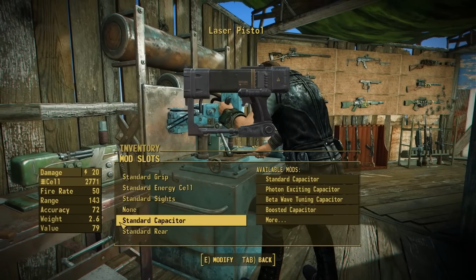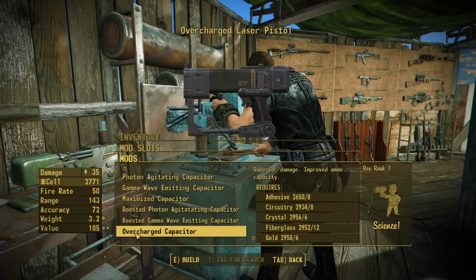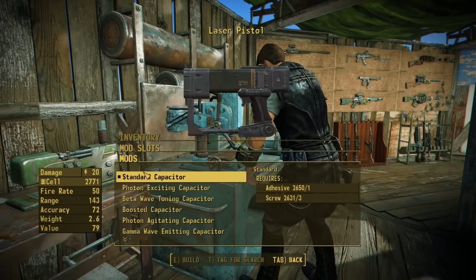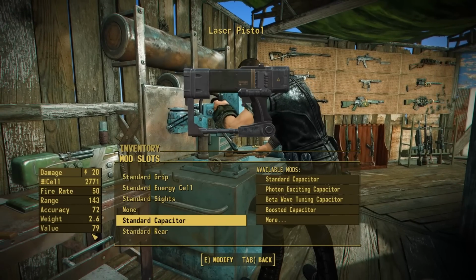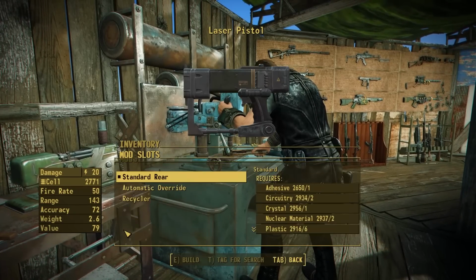Now for the capacitor section, we have even more damage upgrades from standard all the way up to overcharged, giving you a maximum damage of 35. I believe that is the maximum, yep. And then you can combine that with the energy cell as well to get even more damage out of this thing. And then finally, we have the rear section, which is new to the energy weapon category, which will allow for